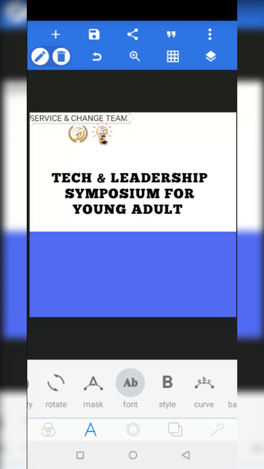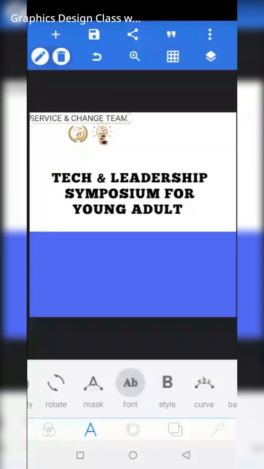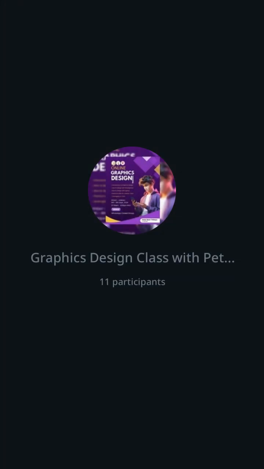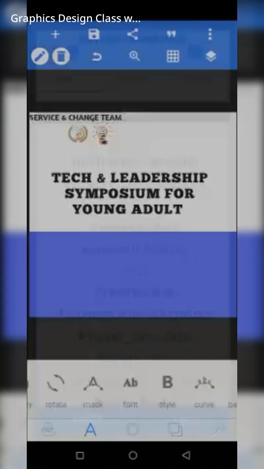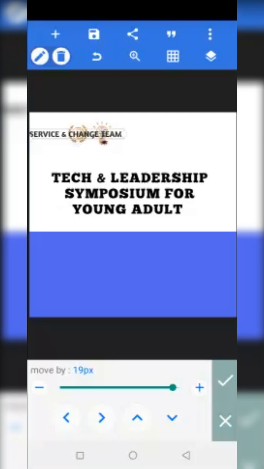My phone is actually hanging because it has a lot of documents on it. I actually tried freeing up my space, but the documents on this phone are very, very many. So now